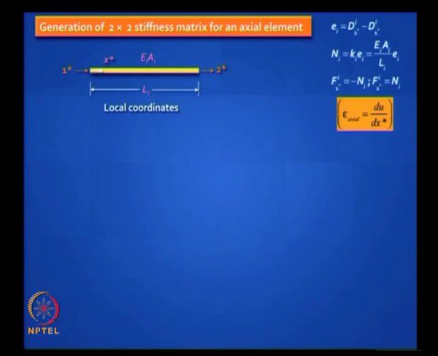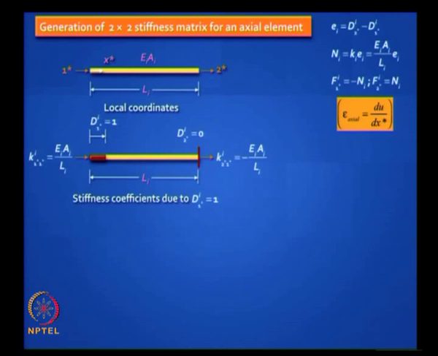So you will find that you have a linear variation of the displacement when you integrate it. Strain is constant, so axial displacement will vary linearly, and you can show it. For example, take this example. If you apply d1 star equal to 1, which means you push the left end by a unit quantity, you will need to apply a force, and that force will be equal to the axial stiffness. It will be positive, it will be EA by L. You will develop a reaction at the other end, equal and opposite. So K2 star 1 star will be minus EA by L. Is this clear? This is obvious.